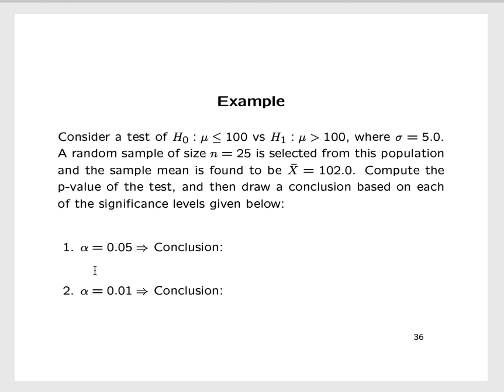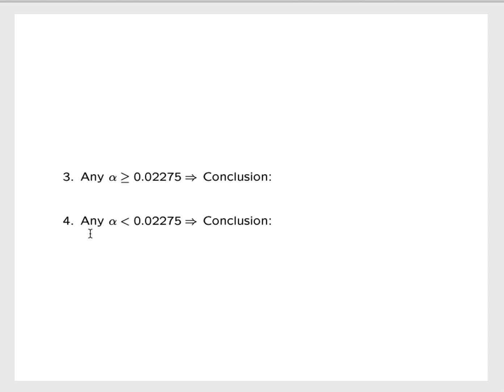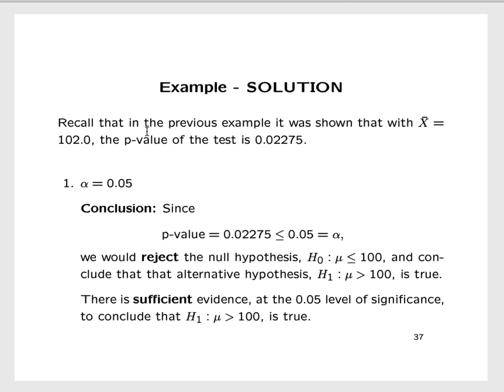So if we were to use alpha equal to 0.05, what would be our conclusion? If we were to use alpha equal to 0.01, what would be our conclusion? If we were to use any value of alpha that is greater than or equal to 0.02275, what would be the conclusion? And if we used any significance level strictly less than 0.02275, what would be the conclusion? Okay, so recall that in the previous example it was shown that when x bar is equal to 102,